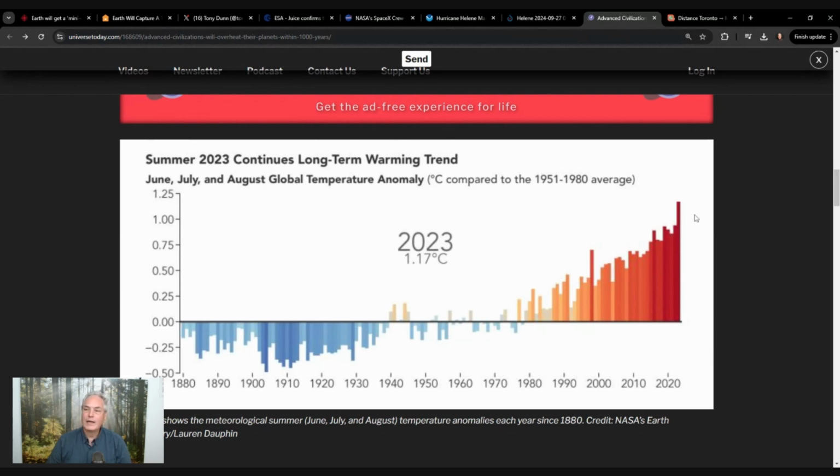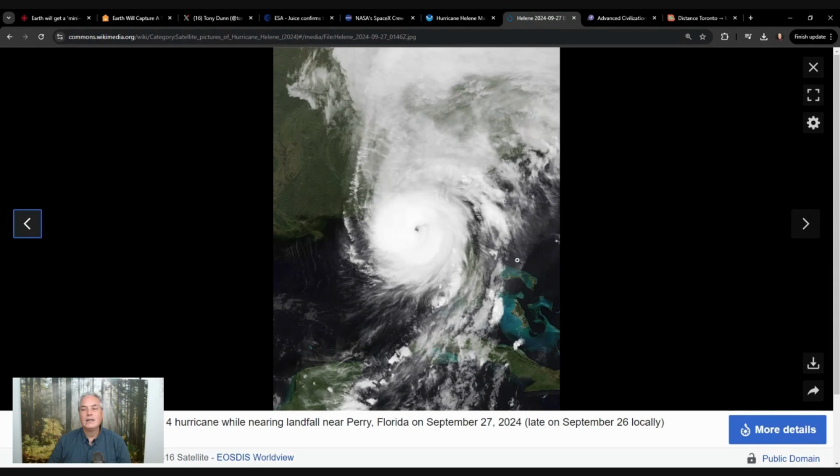Interestingly enough, we have here in 2023 the highest average temperature of the globe. It was about 1.17 degrees Celsius. It's about 1 degree warmer than the average from the 1950s to 1980. But this increase in temperature, you can see there's a big peak, created a situation where